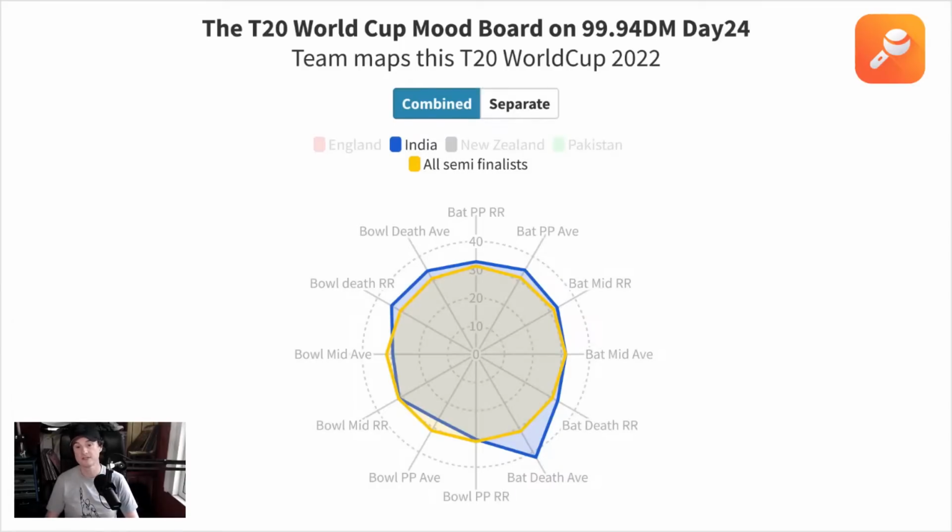But it is interesting to see that India are losing wickets, because traditional Indian teams don't usually lose wickets in the middle overs. That's not how they play. They usually try and consolidate and get to the end. And that hasn't been the case this year.